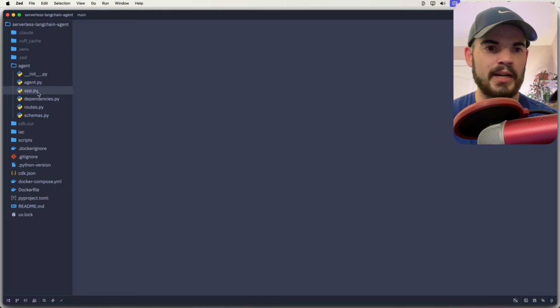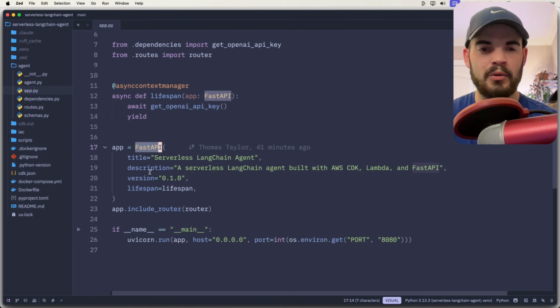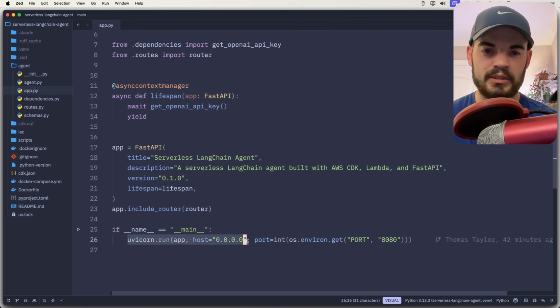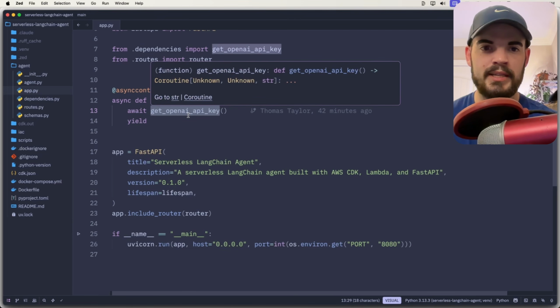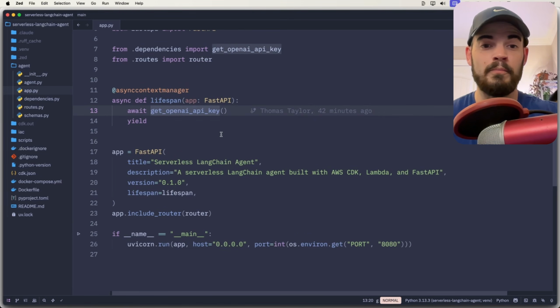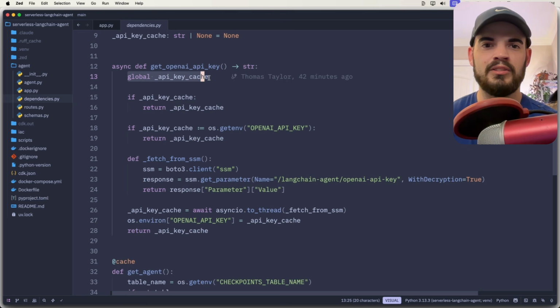So I first want to start at the app.py. This is where we build the FastAPI server and where we include the router. I am using Uvicorn to run this thing, and I'm using a lifespan async context manager. And what this does is grab the get OpenAI API key, and it uses this global because